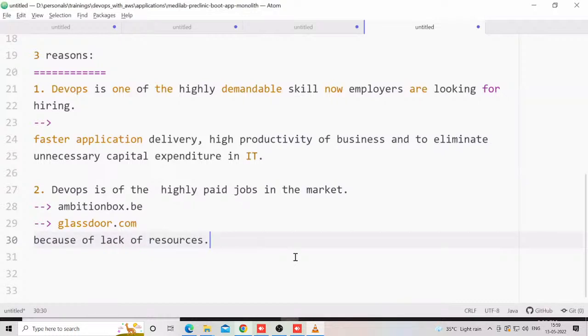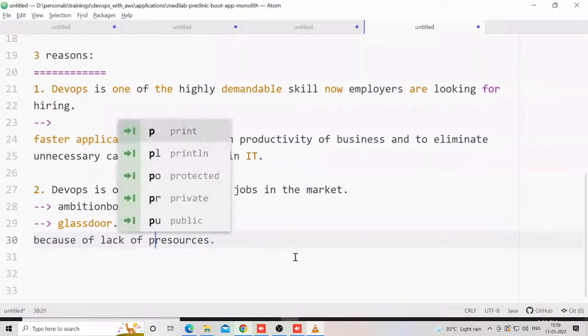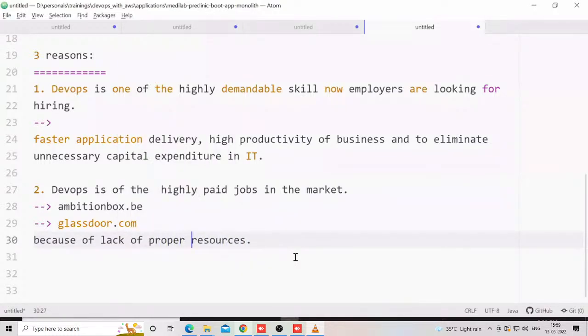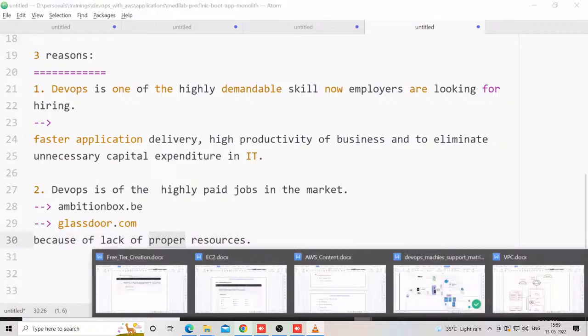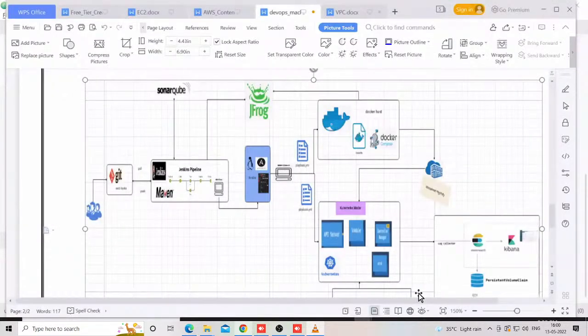That's it. Lack of proper resources. What does it mean, sir? Lack of resources is not the reason, but the reason is lack of proper resources. What is the meaning? IT companies are still struggling to find candidates who can manage this pipeline end to end, but they are not able to find the right